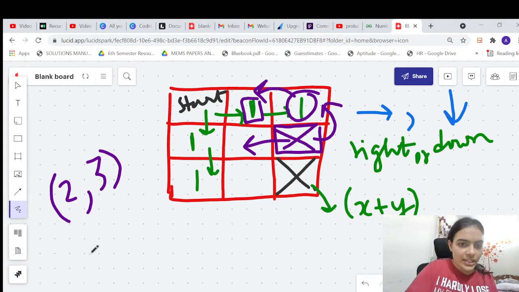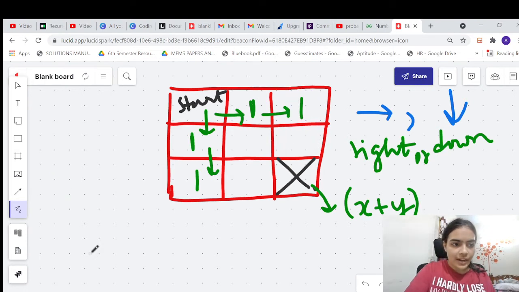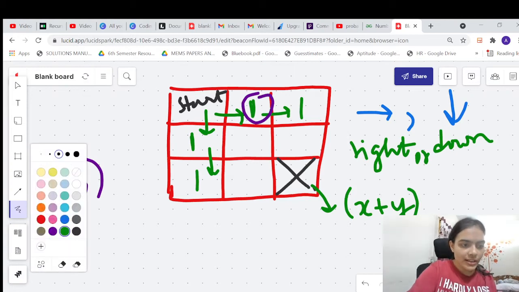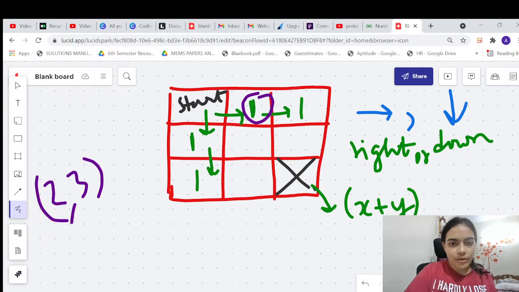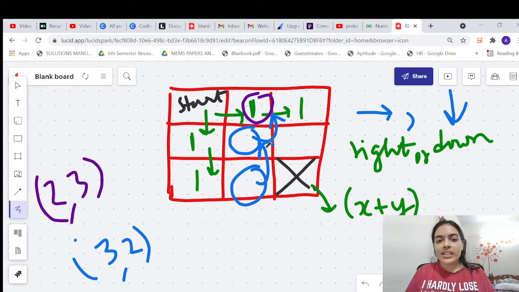Okay, now let us take another example. So let me erase all this and let us take another example. Note that the cell at 2,3 was using this particular value. Now let's take this particular cell. What is this cell doing? This cell is asking this cell, and this cell is also asking this cell. So you are using the same value. So the cell which is at, let's say, 3,2 is also using this particular one. So both the cells are using the same value.